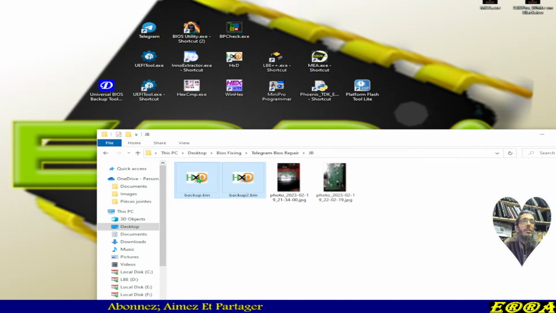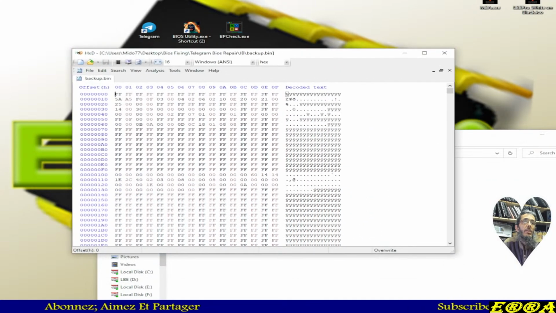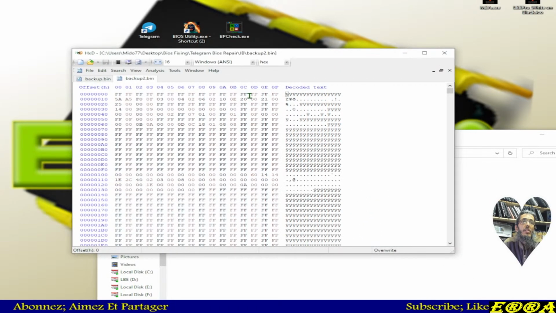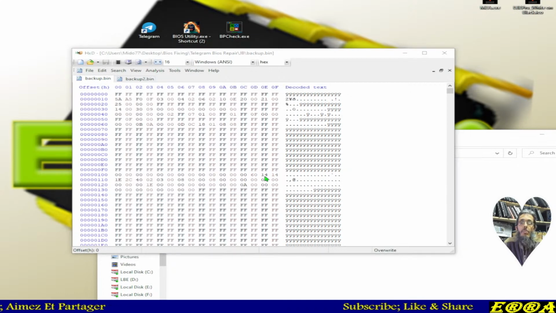So now we have the files. Let's select them both. Open, sorry, so only one has opened. Let's drag and drop the other one to our hex editor, and let's hope, everybody.